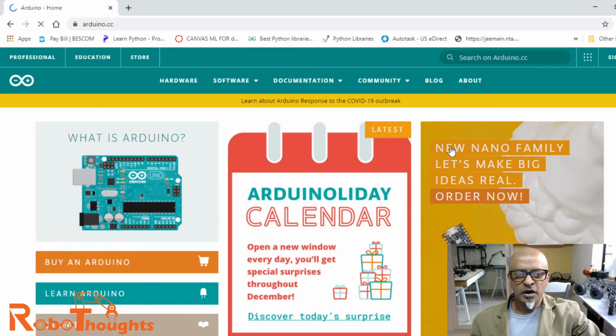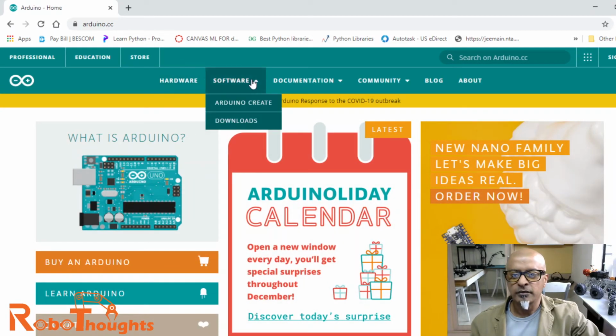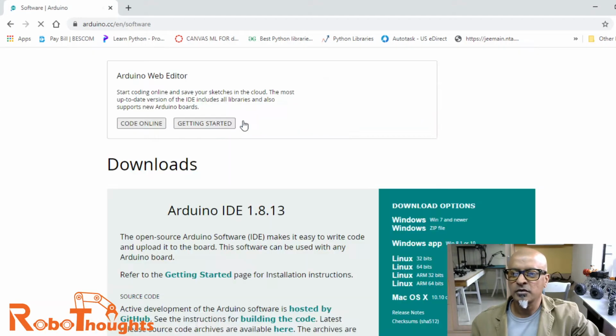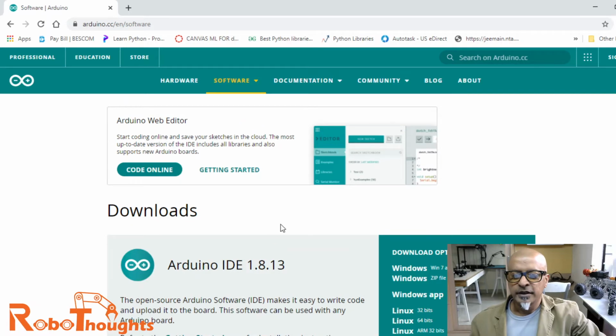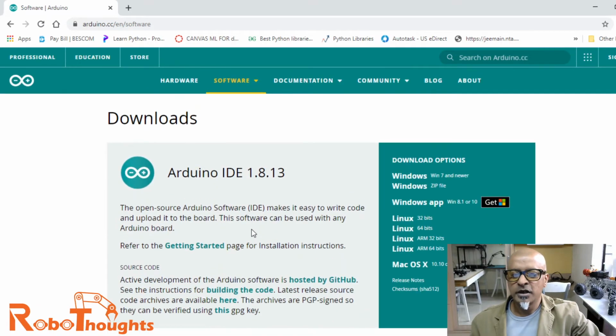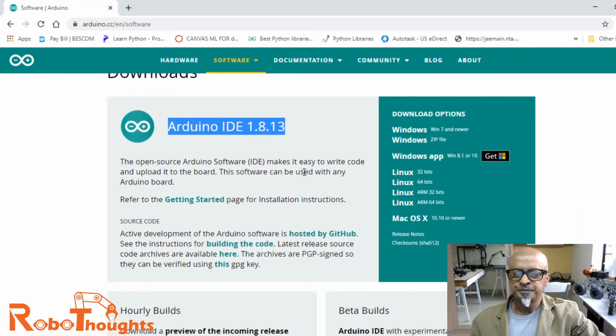This is the Arduino website, and here you can find where to download the IDE software, under Software and Downloads. The latest build is 1.8.13. So this is your latest build. Make sure that we have this downloaded.